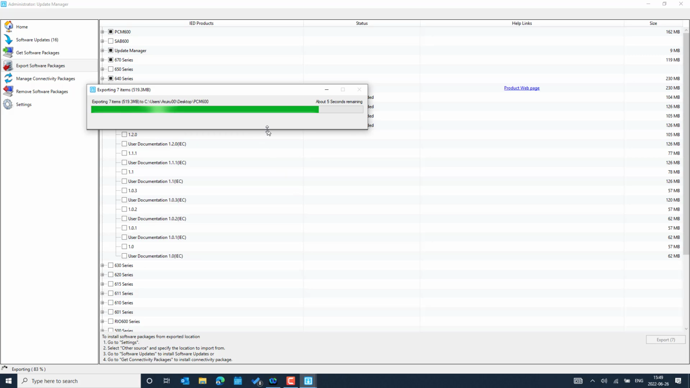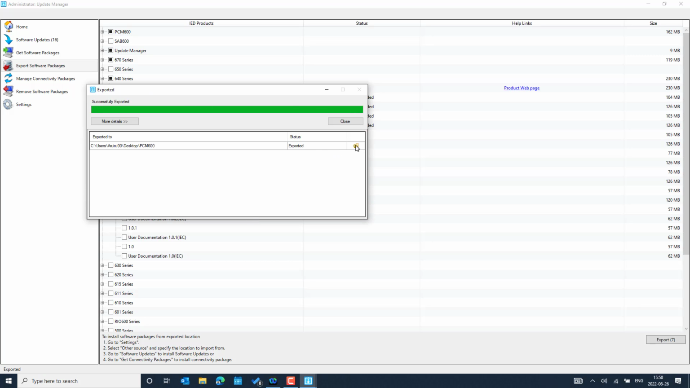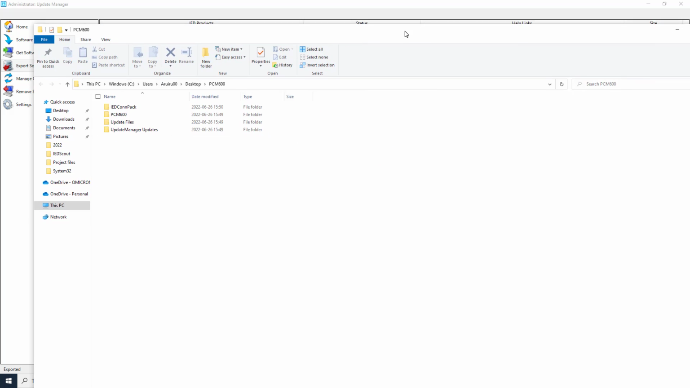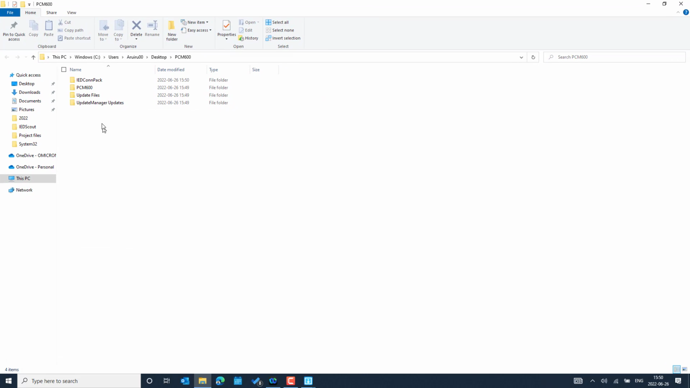So you can also see now the export is very fast because the resource folders are available, and you can even go to this file folder location, which has been opened here on the other screen. I can move it here. So these are the IED Connectivity Packages which have been exported,